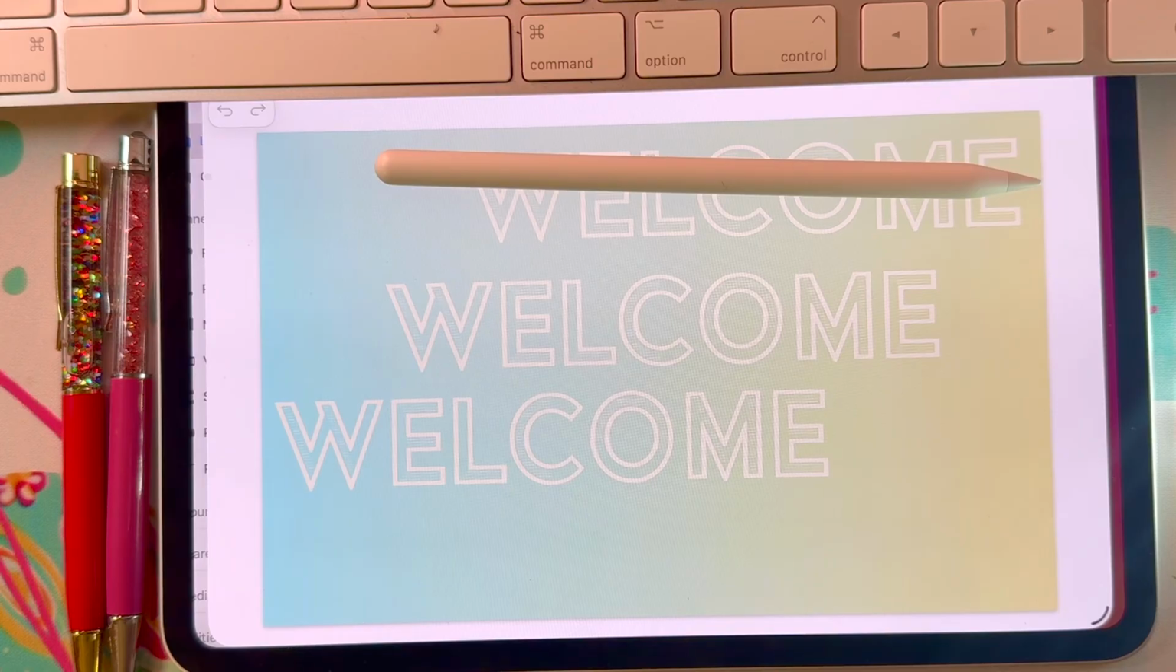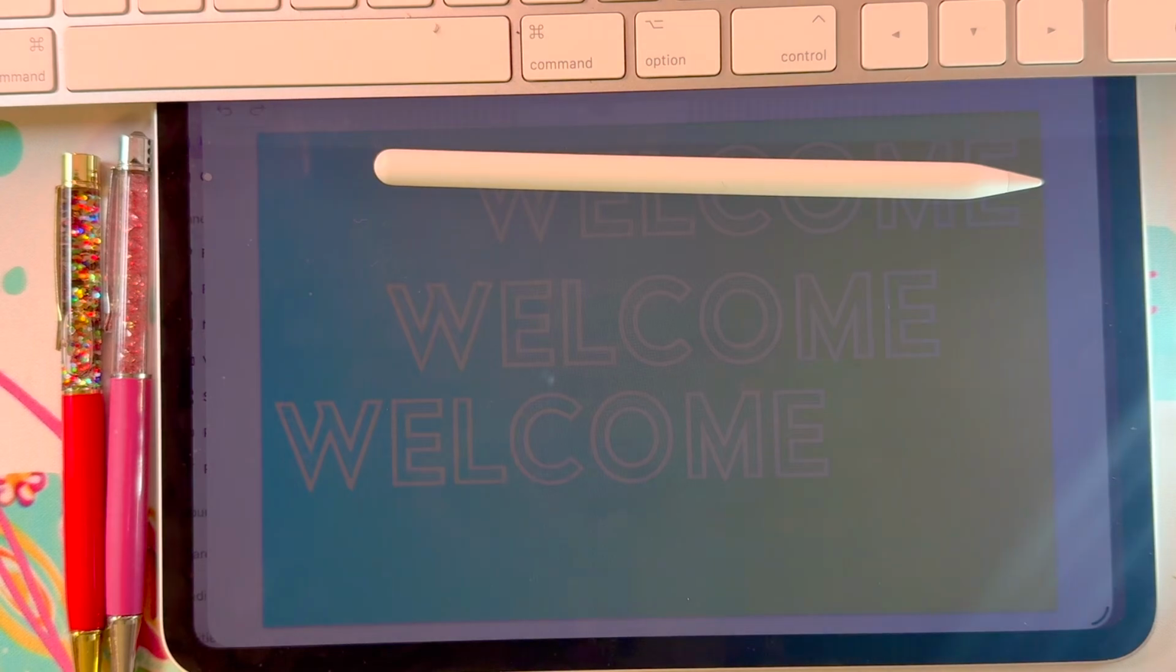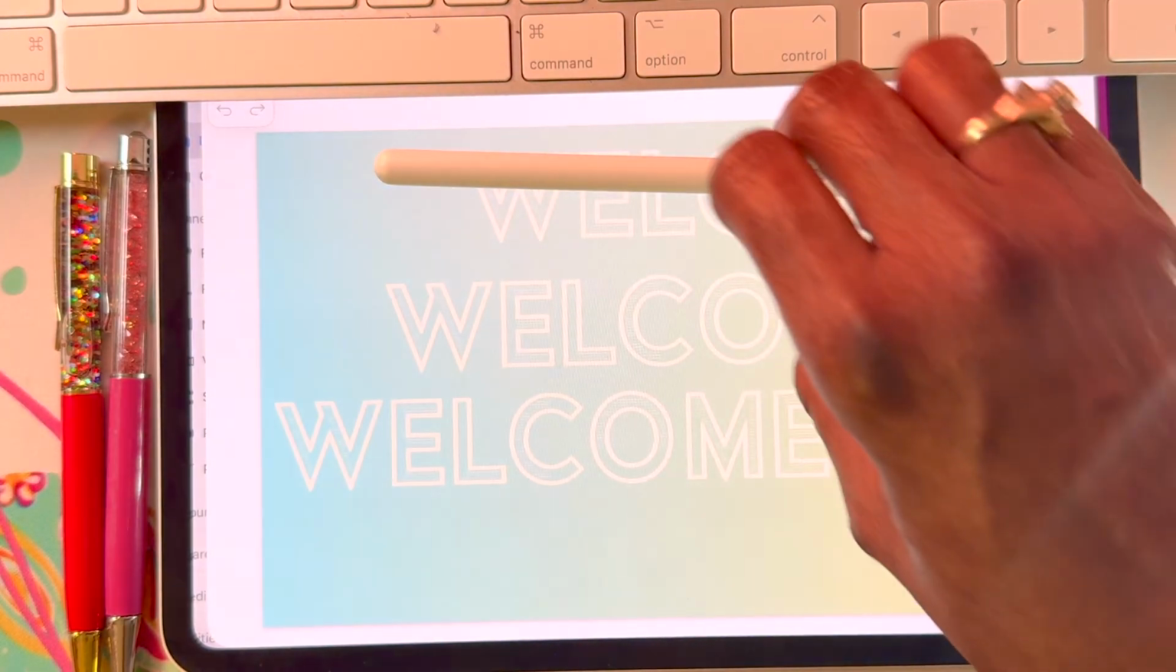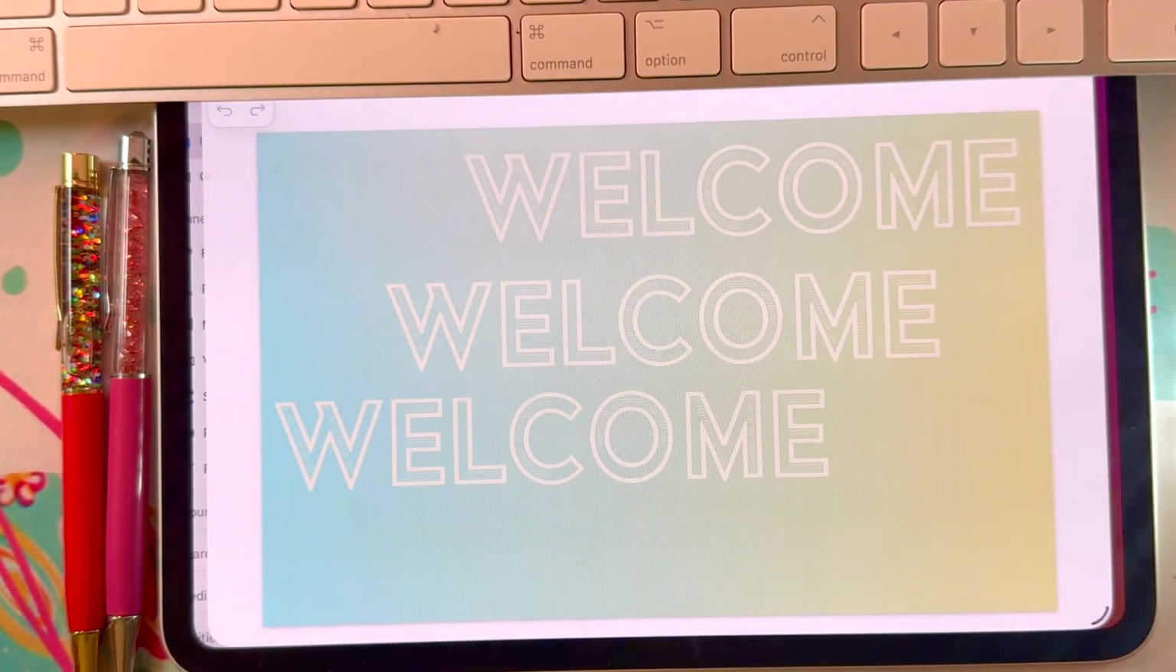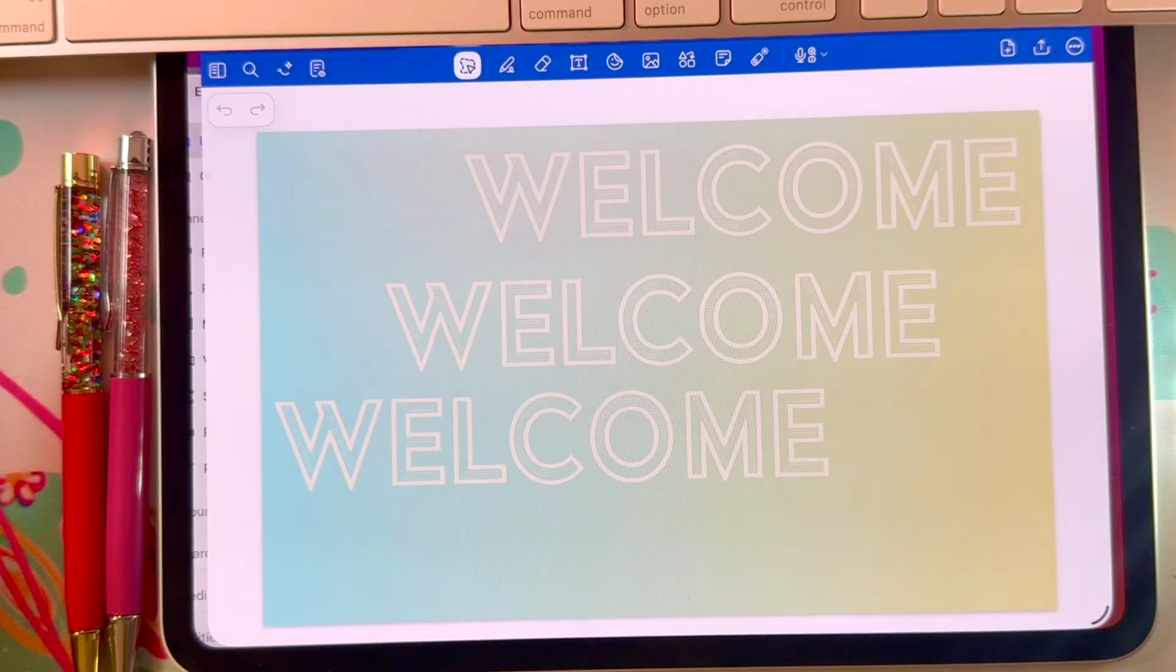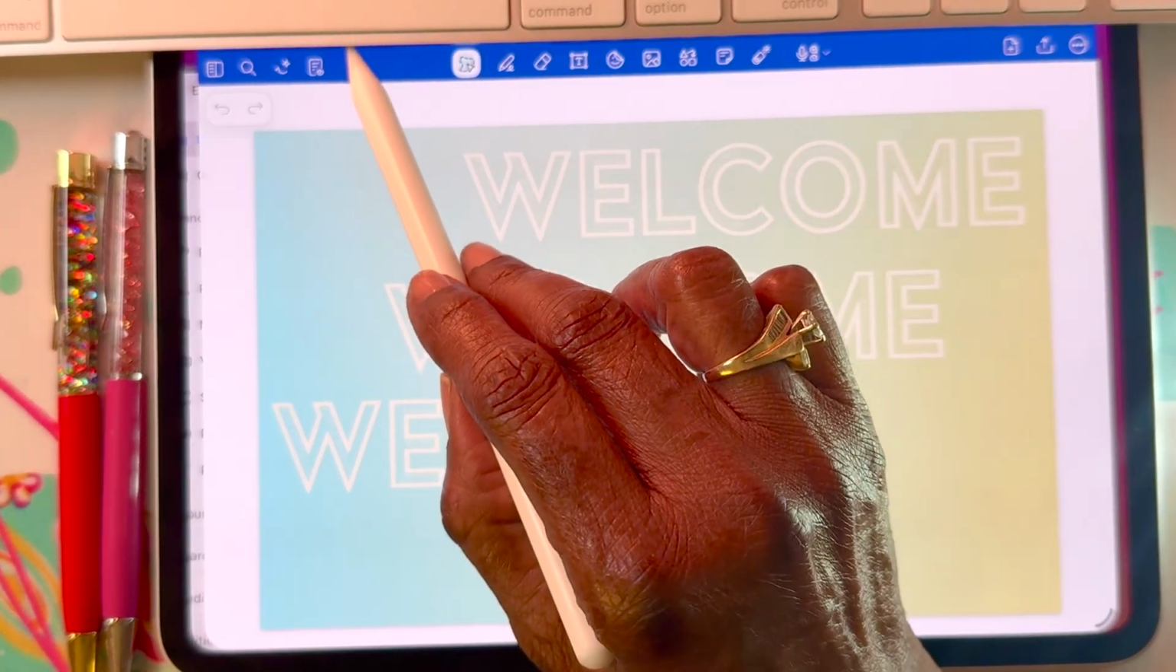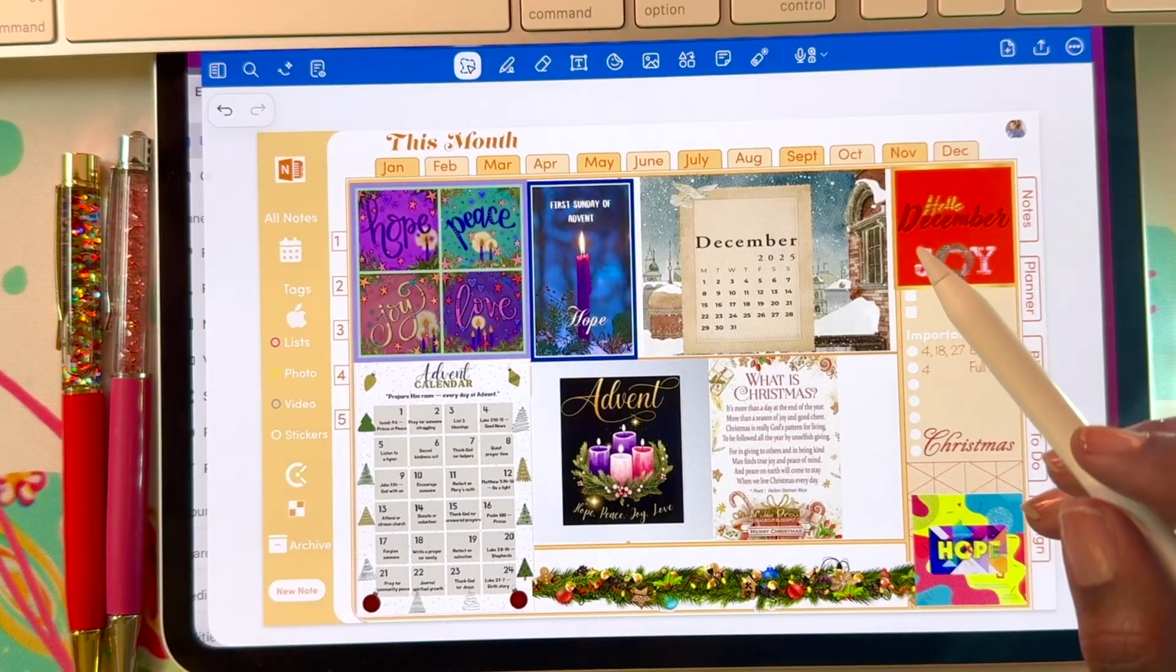Well, as some of you may know, in December we celebrate Advent. It's one of the Christian holidays, and I do like to celebrate Advent. This year, Advent season started on November 30th, and it goes through December 24th. What Advent means is the coming of Christ. So I have a few things that I have set out in my planner for this month, and so it's an Advent theme